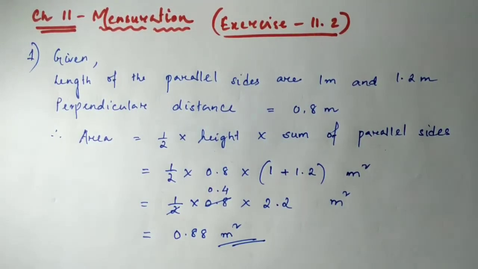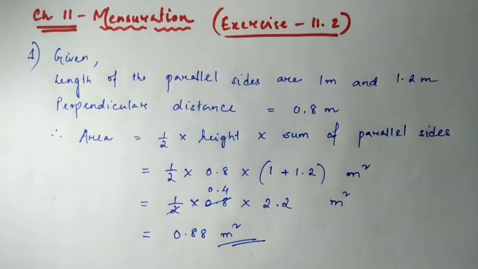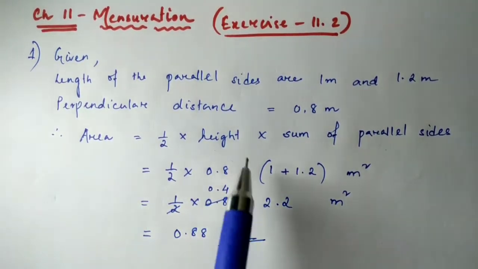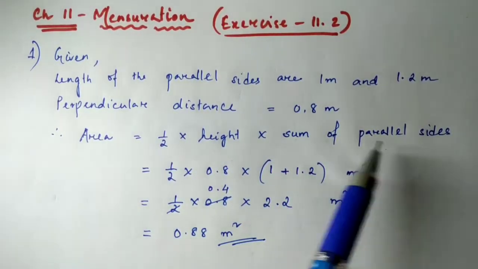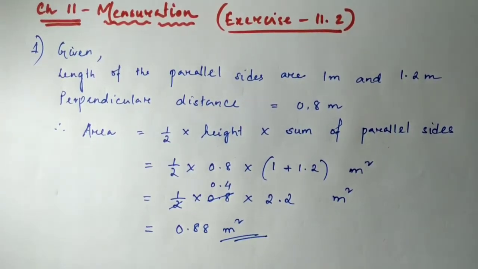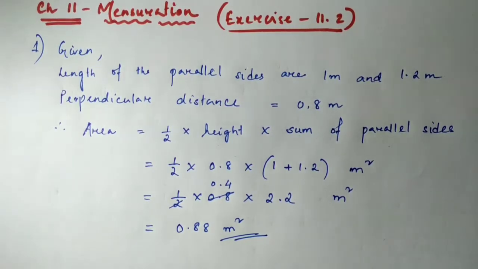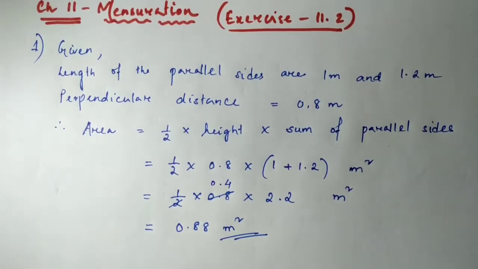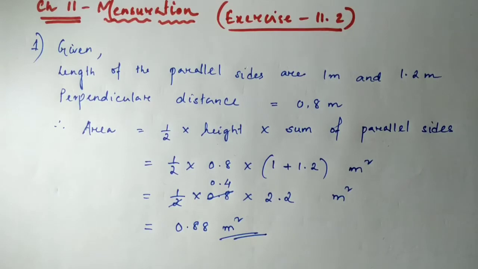Now moving on to the next question. It's given the area of the trapezium is 34 centimeter square, the length of one parallel side is given and the height is given. So if the area, height and one of the parallel sides are given, then obviously I can easily find the other side. You can consider it as x or any unknown variable, and then use this same formula to find the length of the other parallel side. And question number 3 is also similar to that. So you have to find the area of the field there.